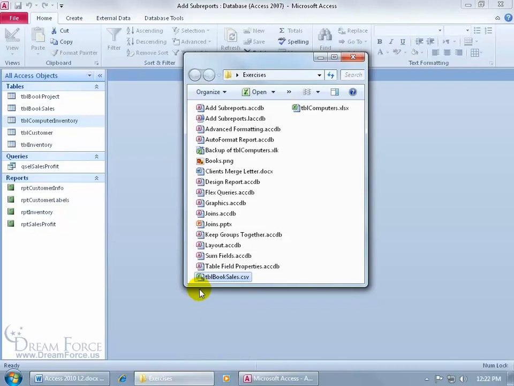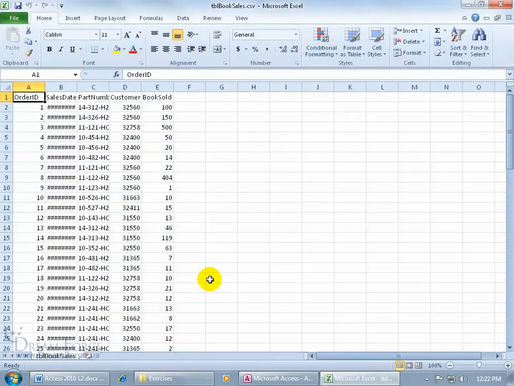So there's one comma, whatever comes before it I'll put in the first cell, whatever comes after that comma I'll put in the second cell, then for the second comma, whatever comes after that I'll put in the third cell, and so on. So I could double click and open this up, and it will open up the Excel program doing just that. Okay, what came before the first comma was the order ID 1 for the first record. What came after that first comma went to the second cell, then the second comma after that, the third cell,